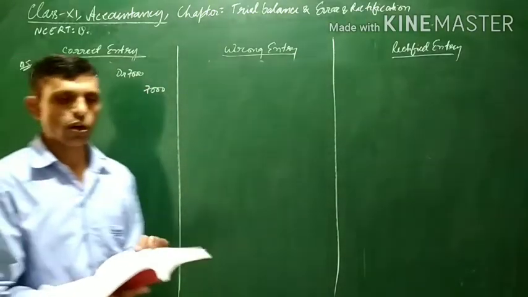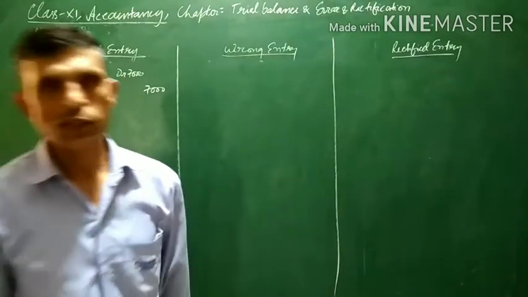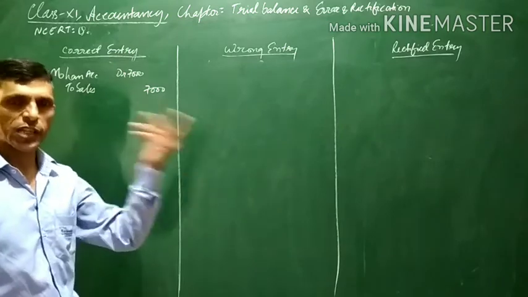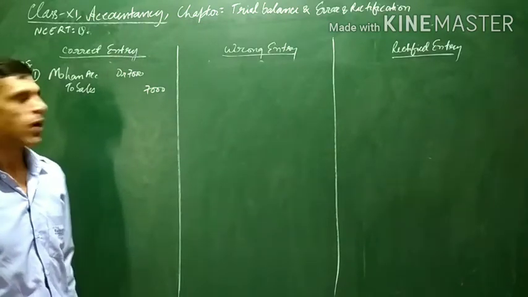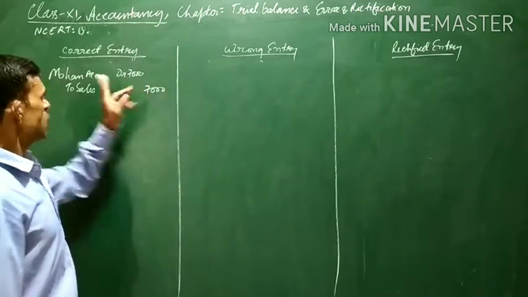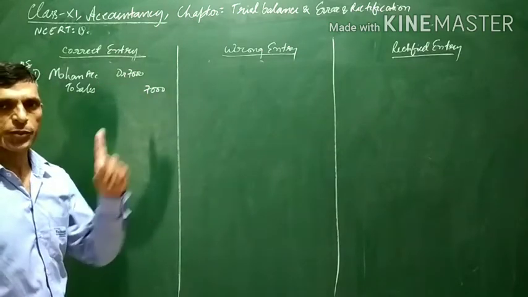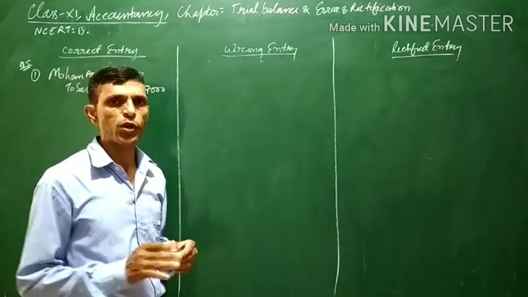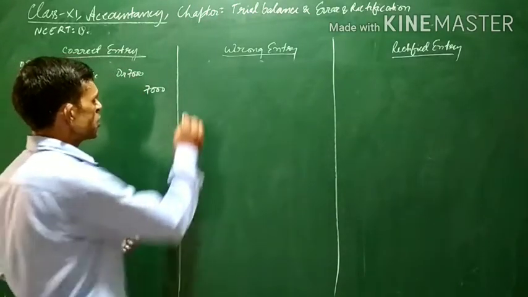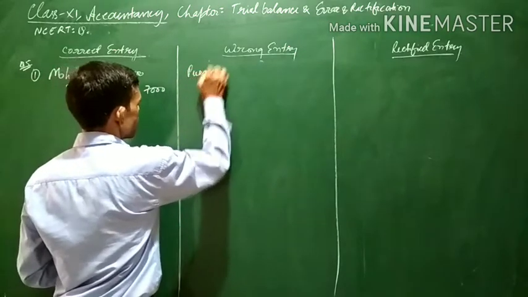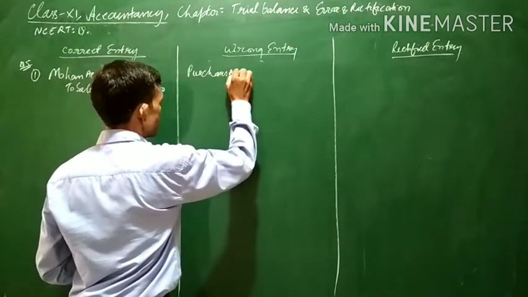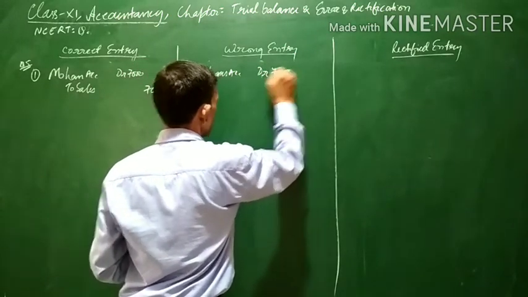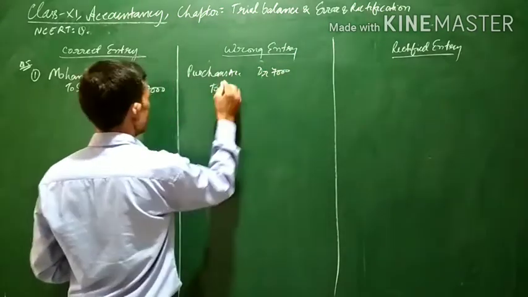Now, this has been recorded in the purchase book. Means instead of sales, it has been recorded as purchases. We have sold goods to Mohan, but it has been recorded in the purchase book. In the purchase book, whatever has been purchased is recorded, and in case of purchase, purchases account is debited. So purchase account debit 7,000 to Mohan account.